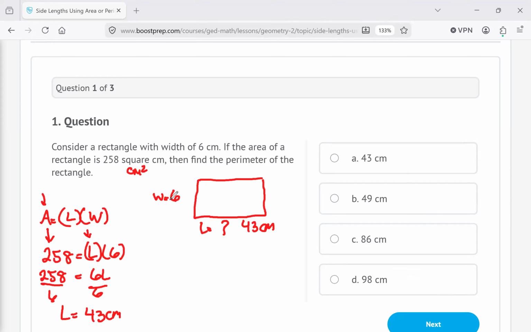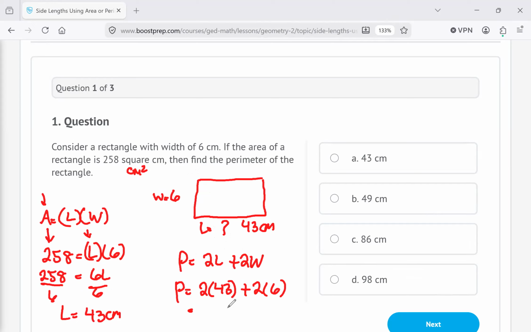The 6 was given. It says find the perimeter of the rectangle. So what is the formula of a perimeter of a rectangle? It is 2L plus 2W, right? We can do this now because we have the length and we have the width. So it's 2 times L, or 2 times 43, plus 2 times W, or 2 times 6,